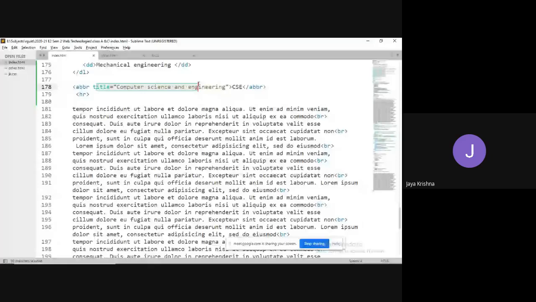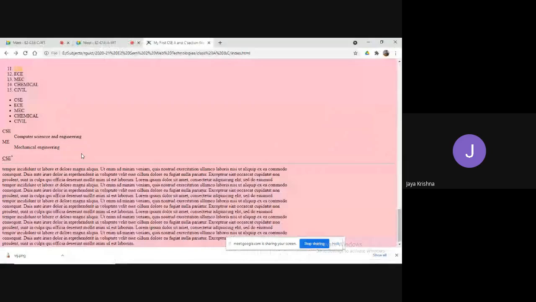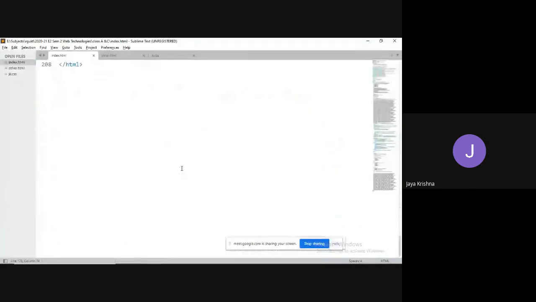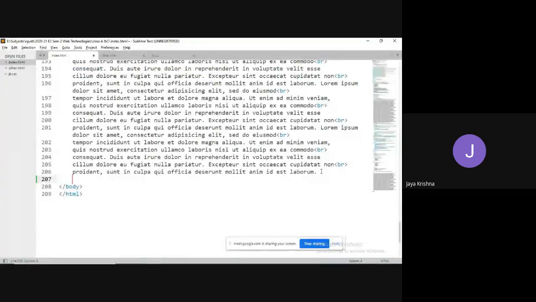For example, I would like to make some superscript here. Superscript of star, closing of superscript. I hope you know the meaning of superscript. Star. And you can observe this kind of data. And here you can write, star meant for computer science and engineering.